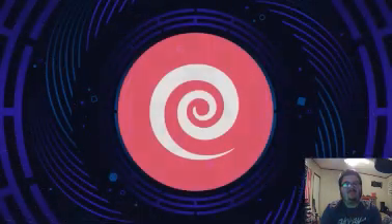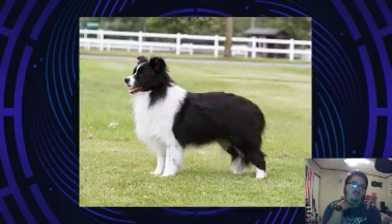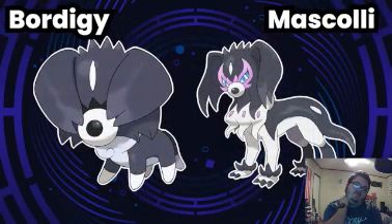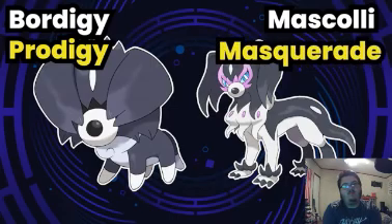Next up is the Psychic type. My thought process for a Psychic type doggo was naturally to use the smartest dog as a base, and that title is held by none other than the Border Collie. So put those elements together and you get Bordegie and Mascali. Their names are based on Prodigy and Masquerade, but not just any masquerade. It's based on a...